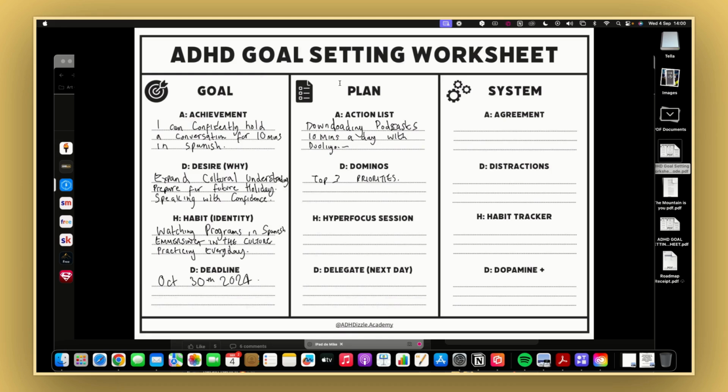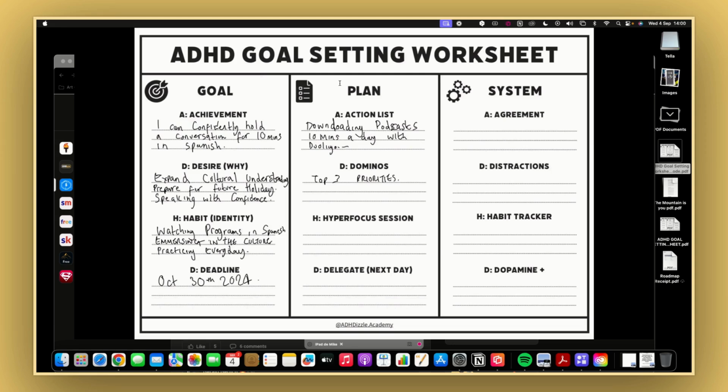Whatever that distraction is that you end up being tempted to do, when you put that distraction list next to your desire list, it will give you a little bit more perspective on what is the most desirable thing, what is the most beneficial thing for you right now, right? And the chances are you're going to look at it as either this distraction or this desire that I want. Which one is more beneficial for me right now? And it's going to be very crystal clear for you that the distraction is not worth it.